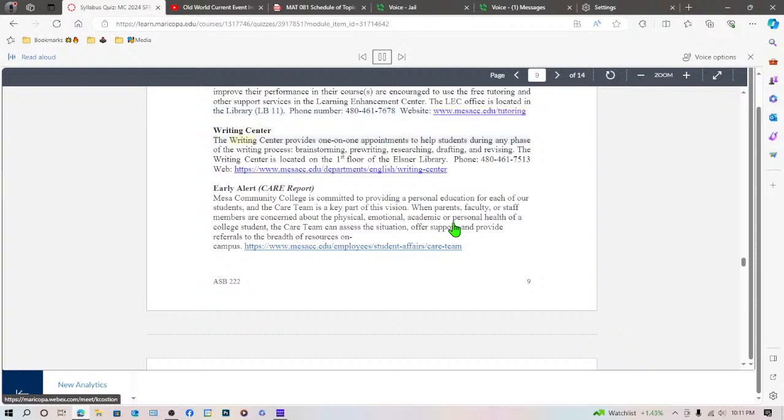www.mesacc.edu/tutoring. Writing Center. The Writing Center provides one-on-one appointments to help students during any phase of the writing process: brainstorming, pre-writing, researching, drafting, and revising. The Writing Center is located on the 1st floor of the Elsner Library. Phone, 480-461-7513. Web,